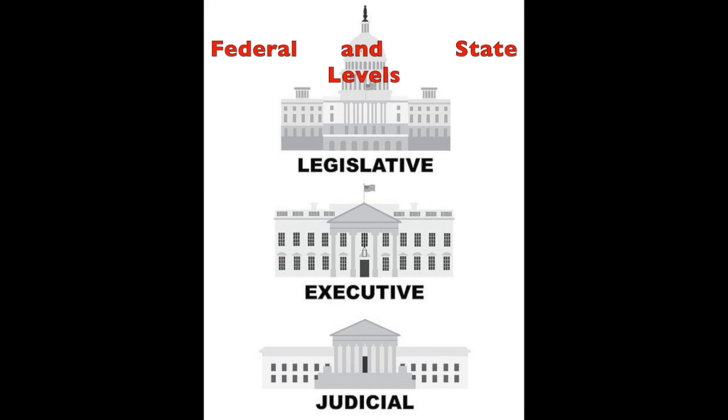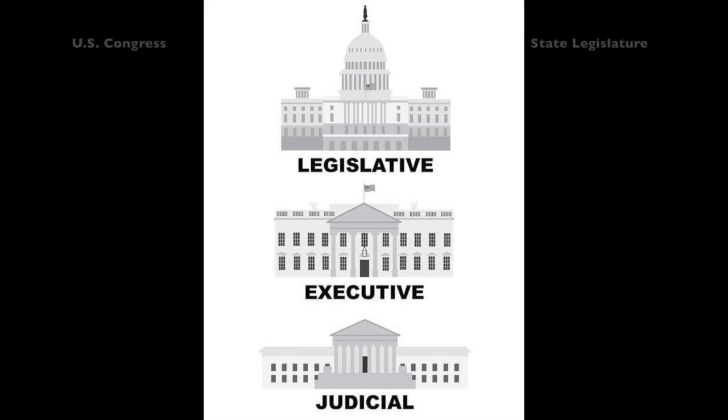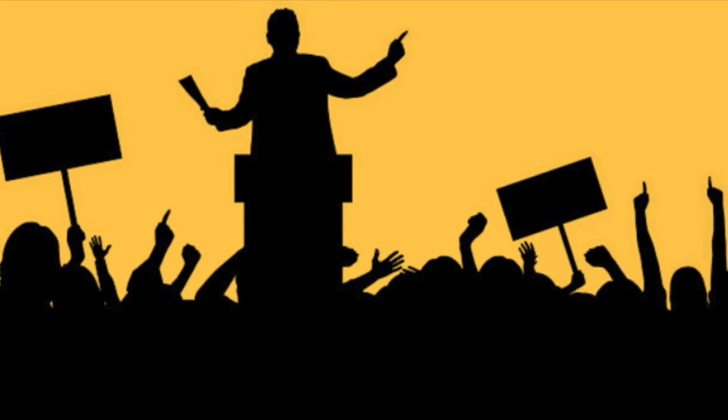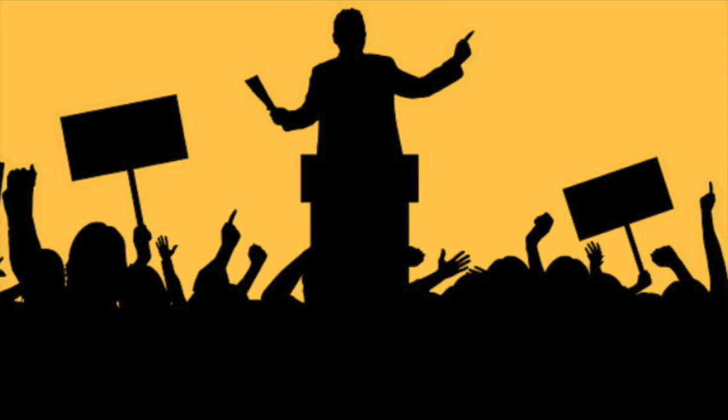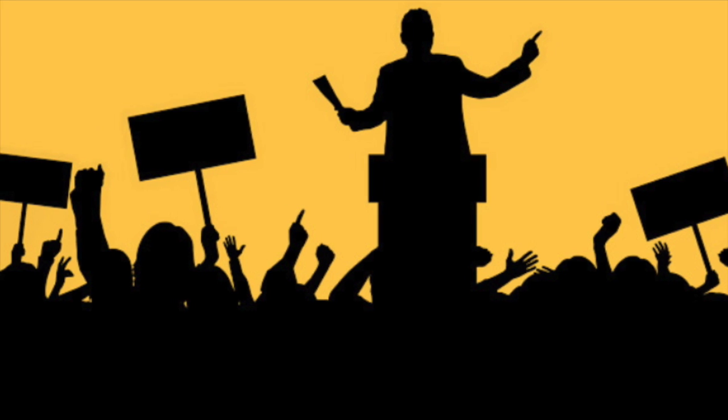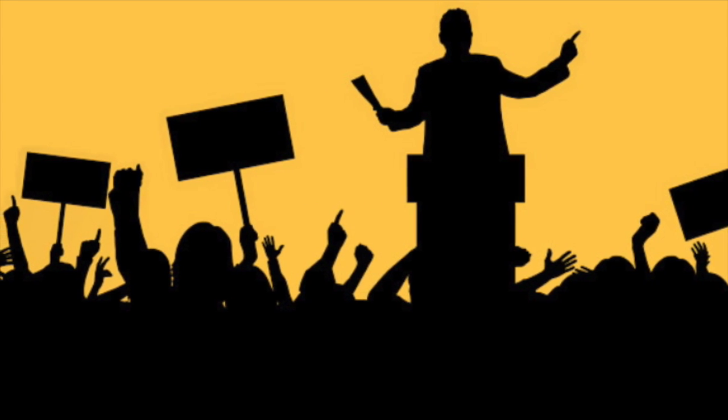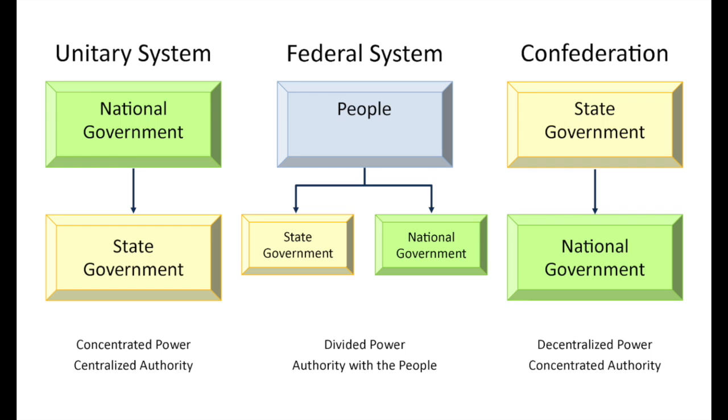For example, federal laws are shaped in part by state interests through the Senate. Additionally, national courts are able to solve disputes between the levels of government, and the U.S. Supreme Court acts as a final arbiter. This federal system aims to balance centralization and decentralization of government, and state power and national power. With the federal system, power comes from the people and authority is shared among the state and national governments.